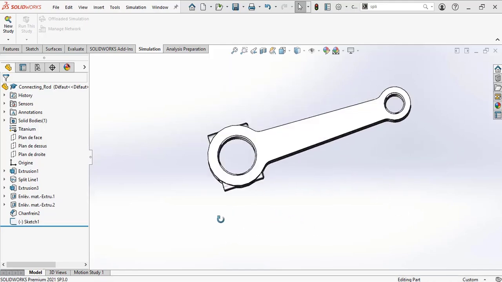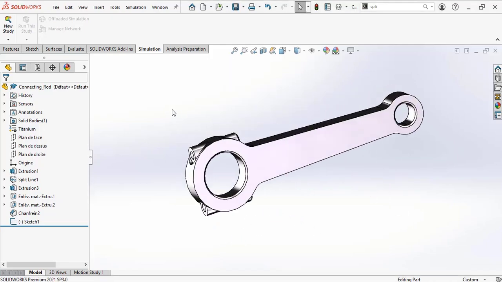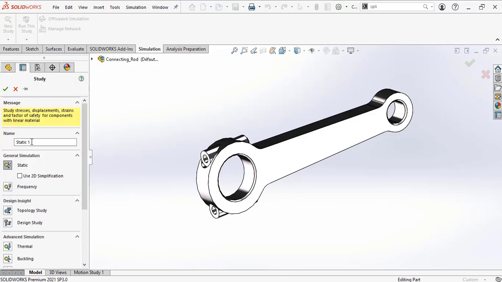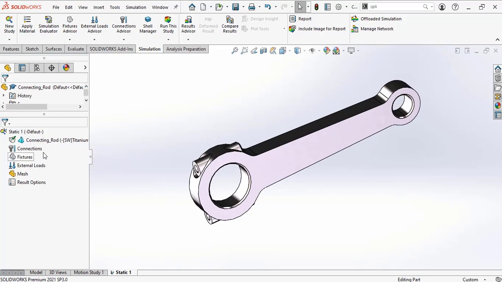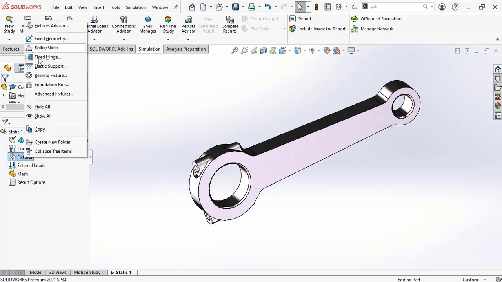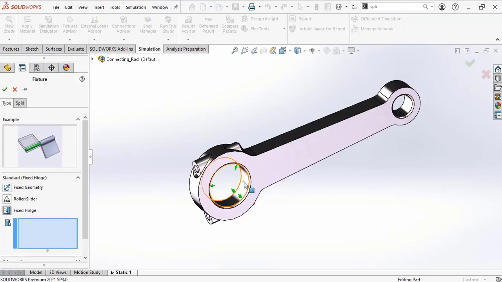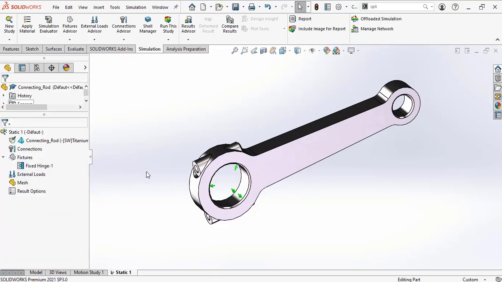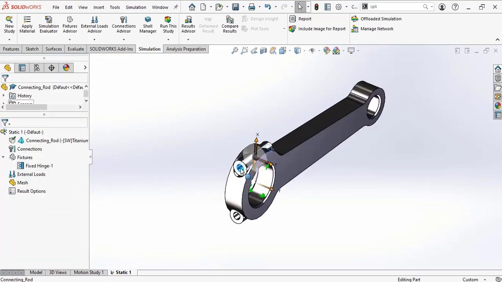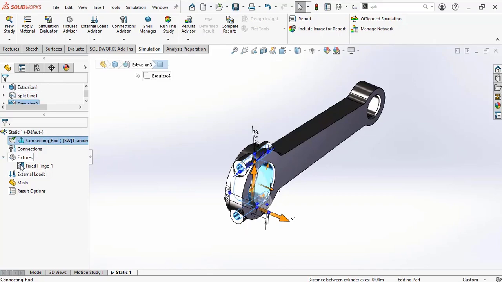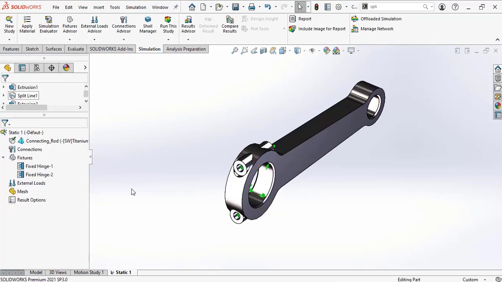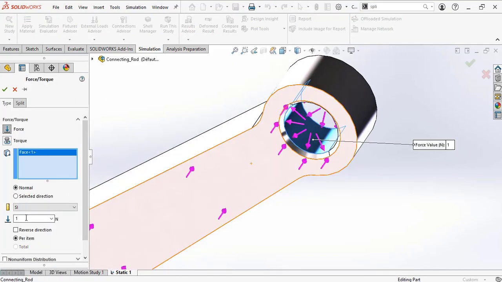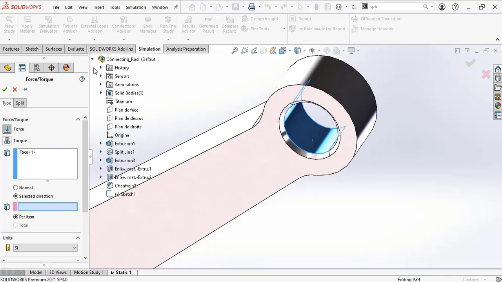Hello everyone. So here we'll just go through the trend tracker analysis, and how exactly it's going to help us track the results. We'll see. We'll apply the boundary conditions here. There should be the fixed hinge, and even these two are of fixed geometry. And the loading condition on this particular face, I'll apply the